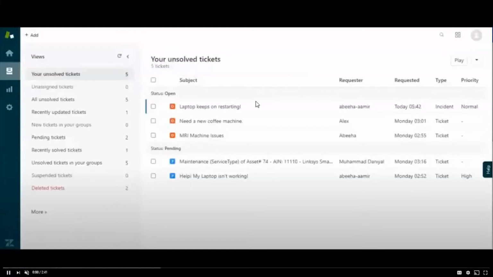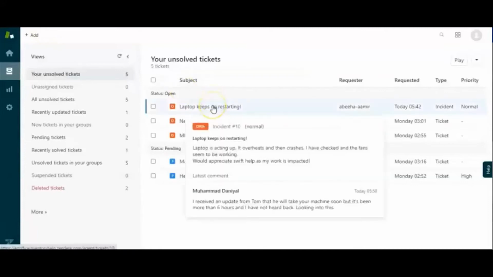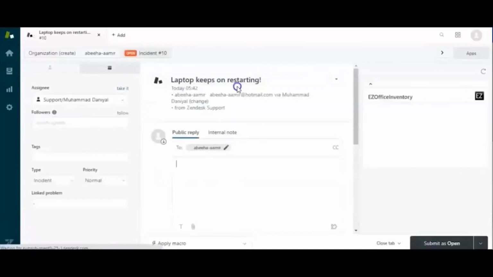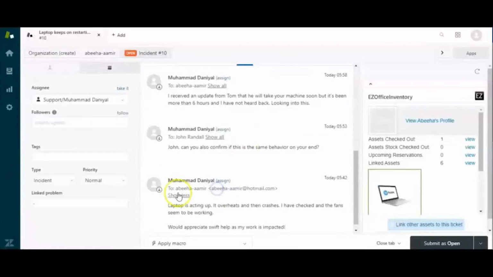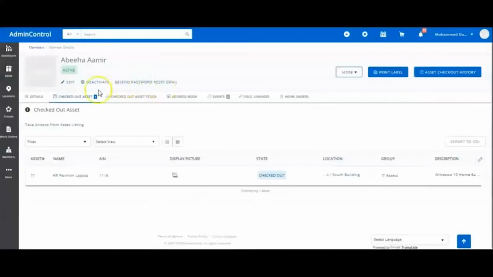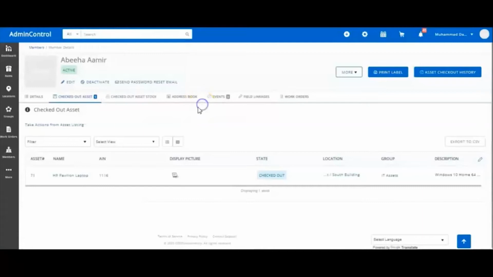First, we will consider a scenario where a customer uses both Zendesk and Easy Office without integrating them. In such a situation, the admin would first go to the ticket, open up the ticket just to see who the requester is, scroll down, copy paste the requester's email address from over here. You can already see how long it takes. And then the user would toggle to Easy Office inventory, search for the user, look up the checked out asset, and then open those asset's details just to schedule a service.